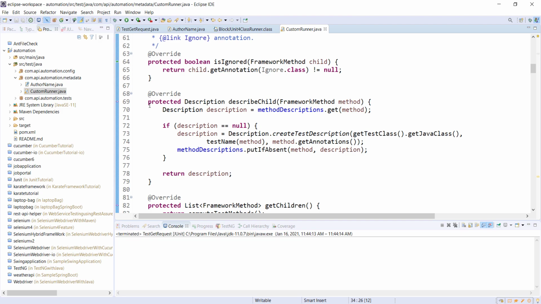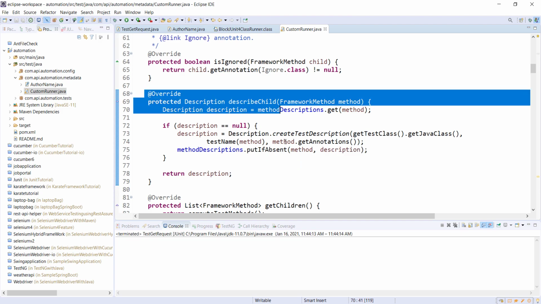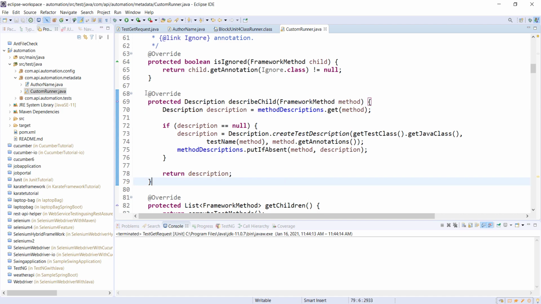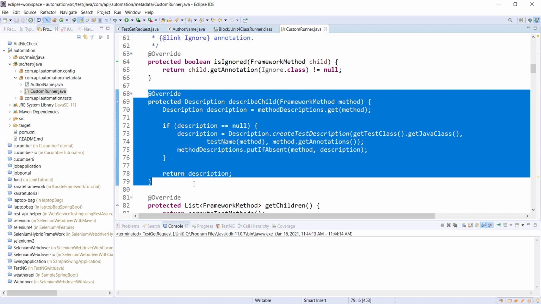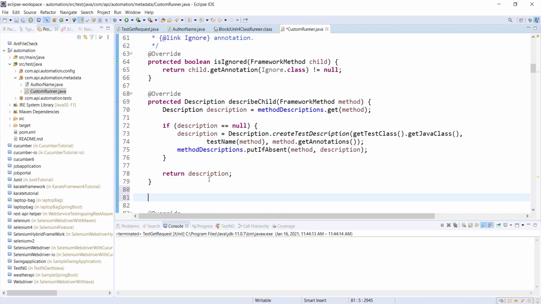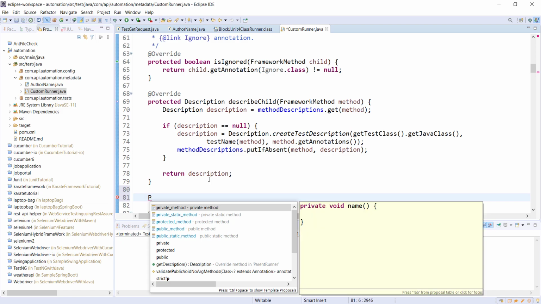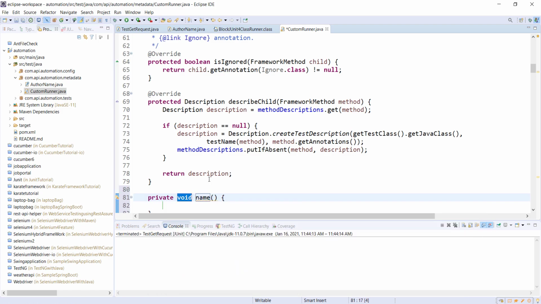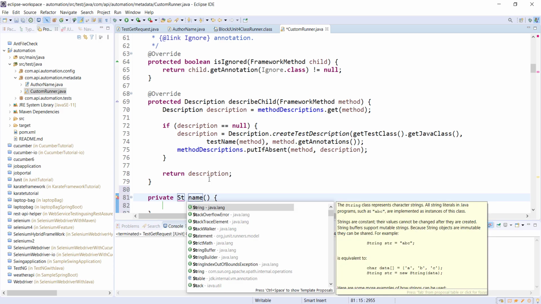Inside this class, there is a method which identifies the test method name that should be displayed in the execution report. So this is the method where I'm going to add my changes. The first thing we need to do is to get the information from the annotation. For that, I will create a private method and the return type of this method is String. In this method, I'm going to read the annotation value.